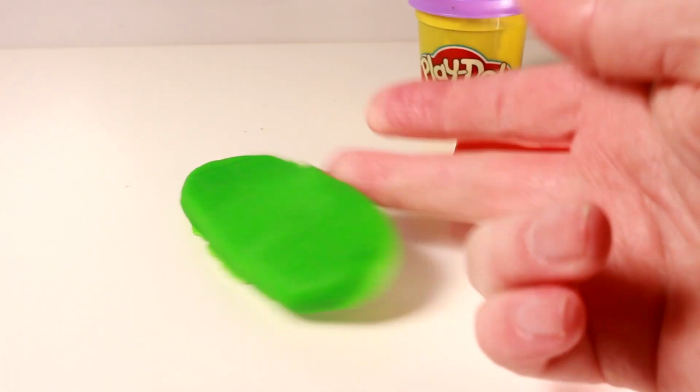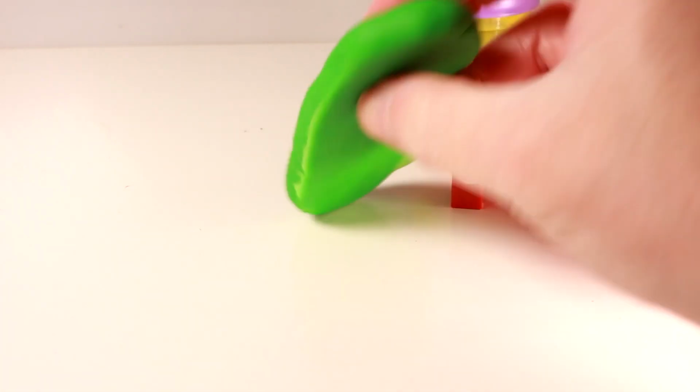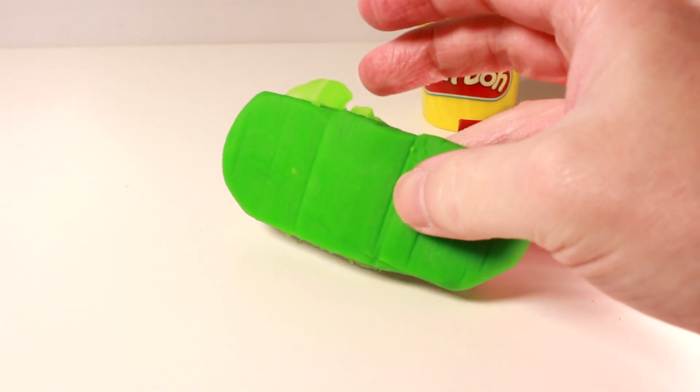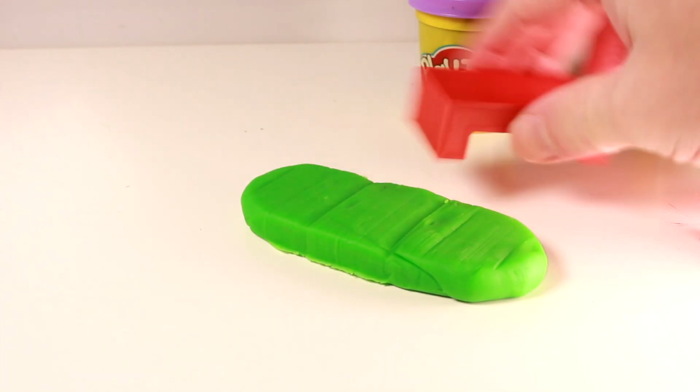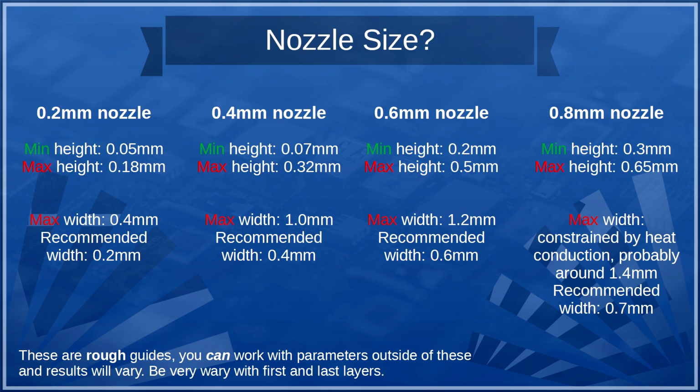It can be done, and it would work, but it is definitely a better idea from an accuracy and finish perspective to use a nozzle appropriate to your line height, and for that matter, width. I'll put some recommended values on screen along with a link below to explain why this doesn't just mean you should always use a 0.8mm nozzle for everything. Of course, the page link does also point out that the nozzle size affects horizontal detail too, which makes sense. When you're drawing horizontal details with a large nozzle, it's kind of like if you had a fat marker pen and you're trying to write really small with it. Compared to a fine liner pen, you won't get good results.